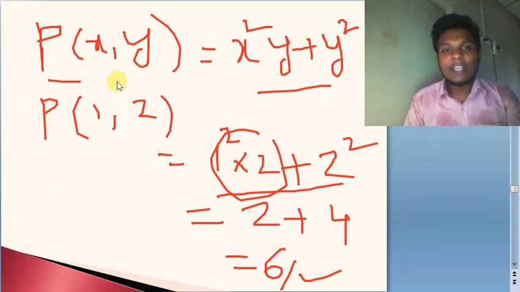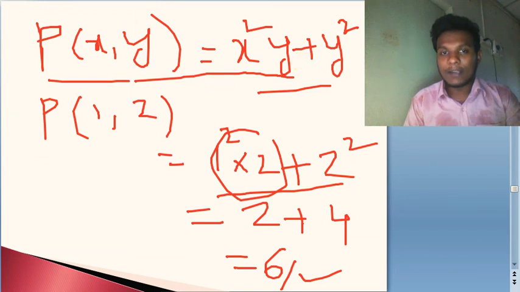In the given polynomial which involves variables, you will be asked to find the value of that particular polynomial if you substitute something. Why? Because these are variables, right? These variables will change upon the given value. That means if I assign some value, it will give out another. When I assign random values, it will keep giving us different values. So when I substitute x is equal to 1 and y is equal to 2, these are the values I am getting here.